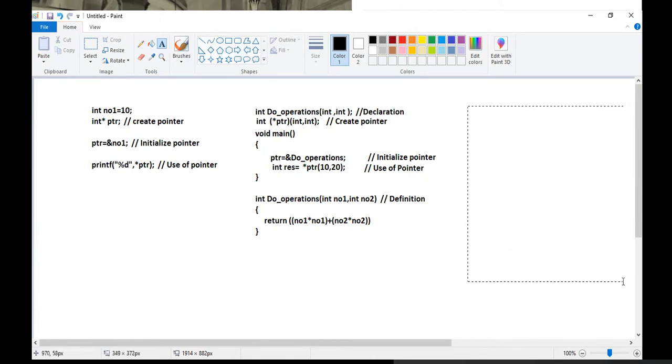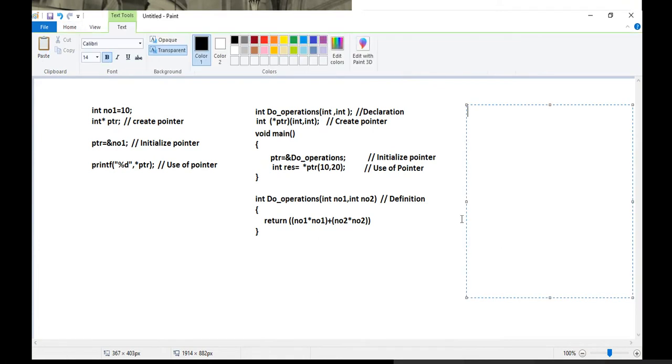Okay, so what is the first need? We should have a method, right? So let's say I have a class, let's say delegate class.